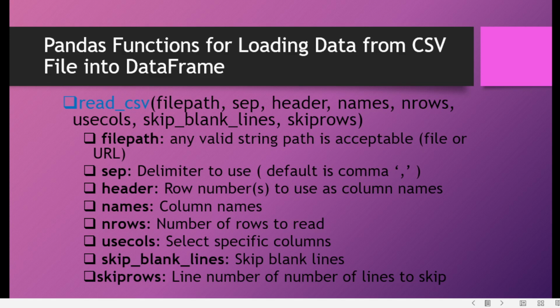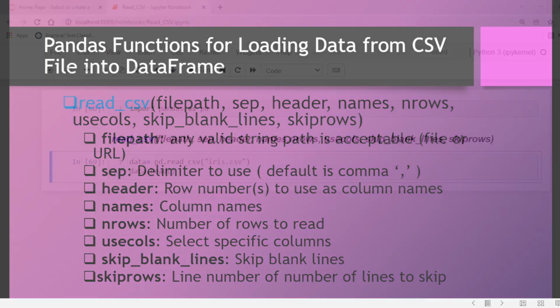Use columns, sometimes you want to select specific columns, a subset of the available columns. Skip blank lines: if the value is true, it will skip the blank lines rather than interpreting them as missing values. Skip rows, the line number or number of lines you want to skip.